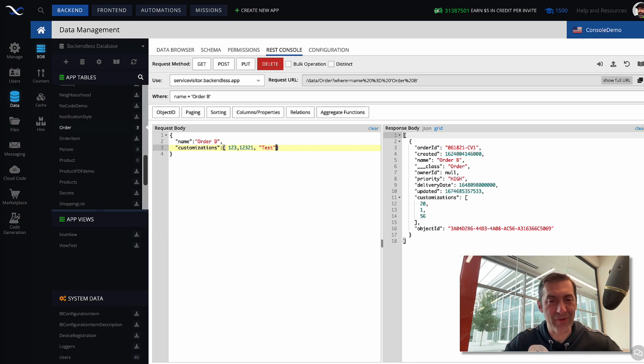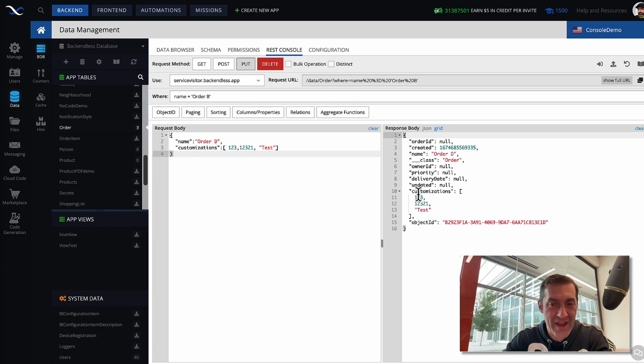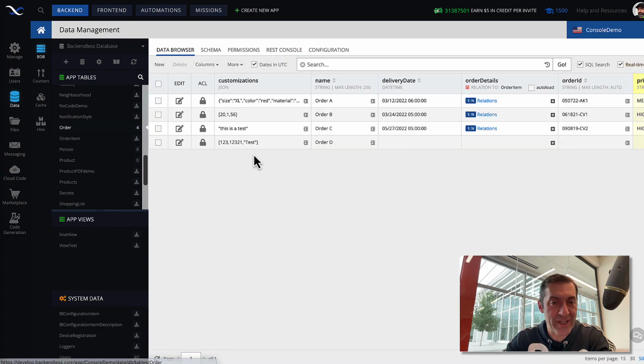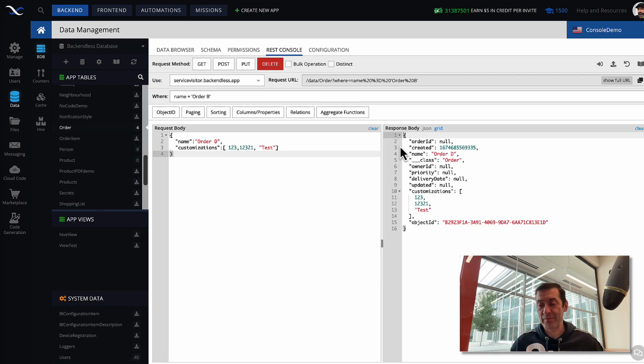Now this is as far as it can be removed from customizations, but we're just doing it as a test. So click Put. And now we have this customizations containing this array, and it will be displayed as such right here in the database. So that's JSON in our database.